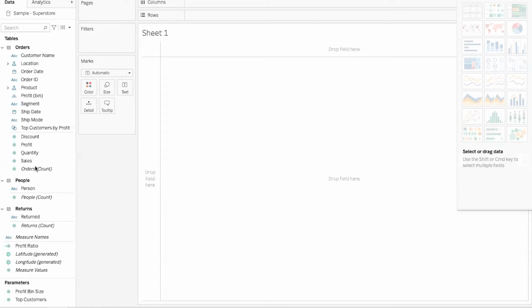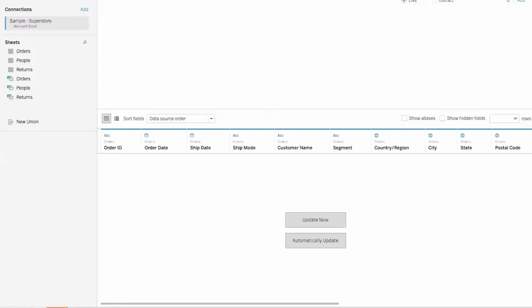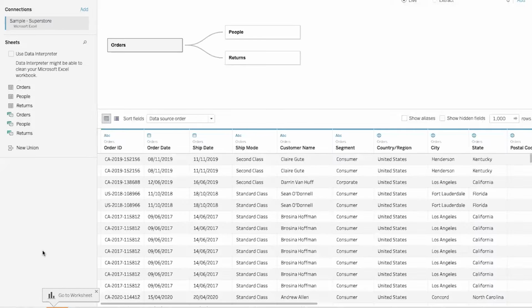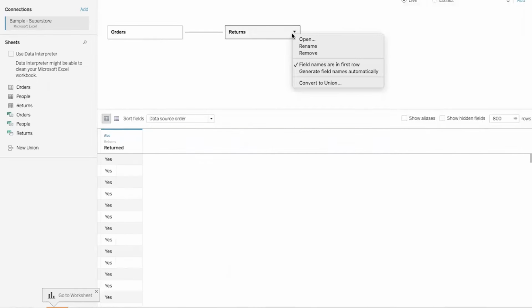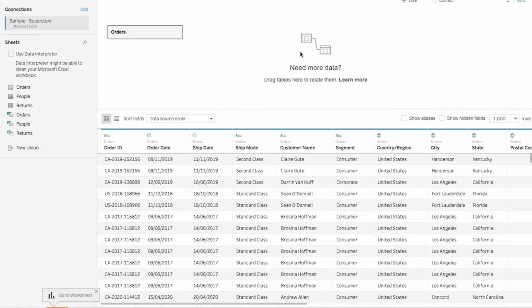Just trying to execute the query. This is the sample superstore data. It always divides the data into two parts: one is dimensions and one is measures. Always remember that. Let's come back to the data part, how it stores the data. Let me remove this first. This is a slightly advanced thing; I will try to cover it in a later PPT maybe.